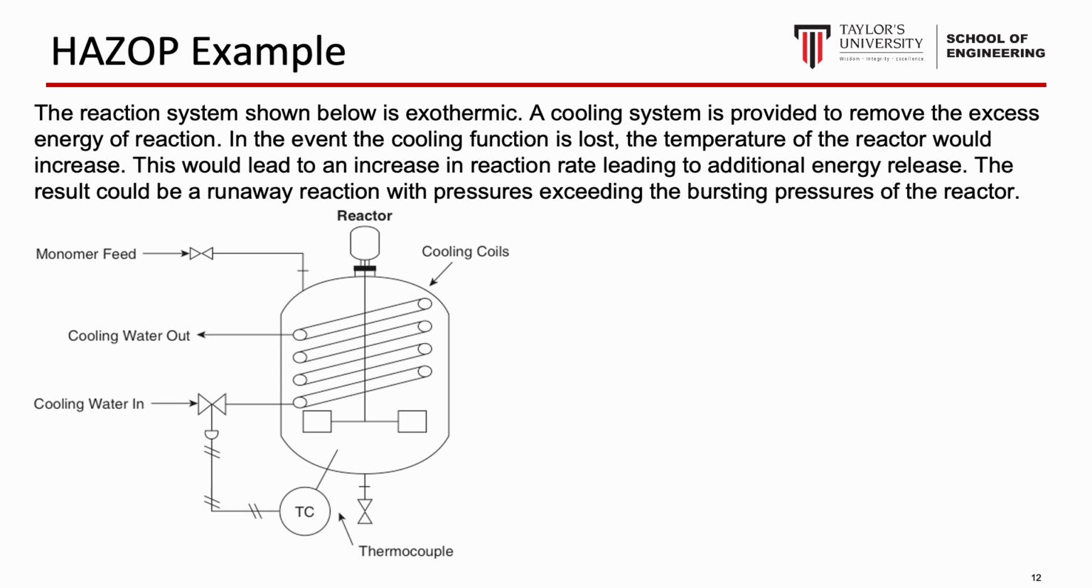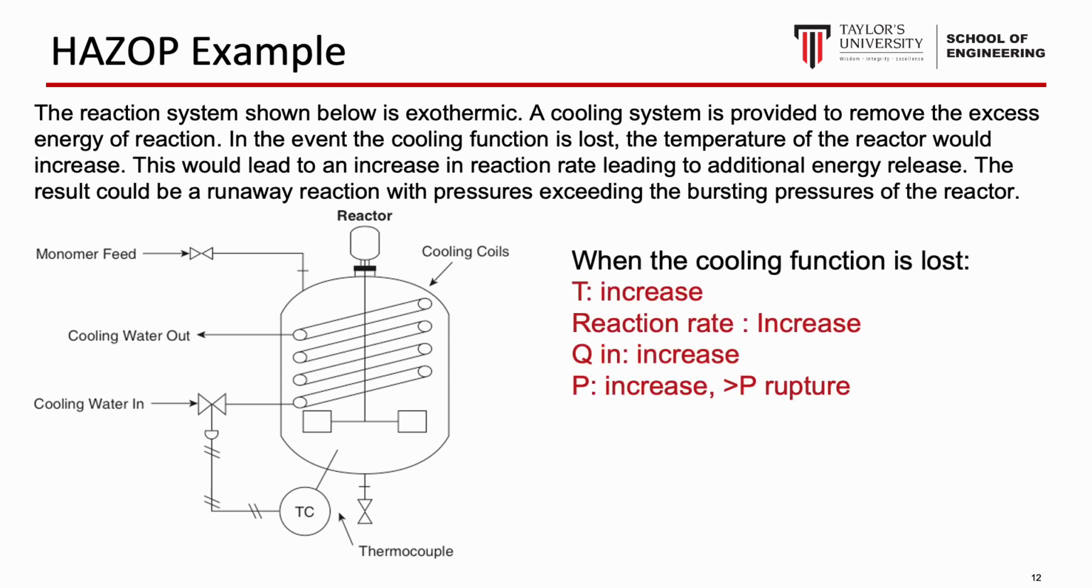So in the event the cooling function is lost, the temperature of the reactor will increase, and this will lead to an increased reaction rate, which leads to additional energy release. The result could be a runaway reaction with pressure exceeding the bursting pressure of the vessel. That's bad. So the key function here, the keyword, is the cooling function. You can see the